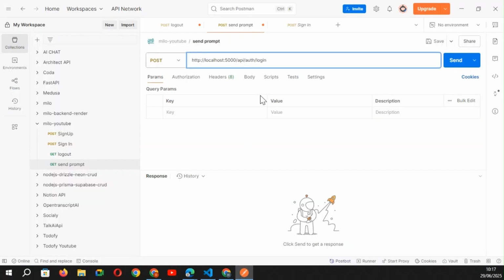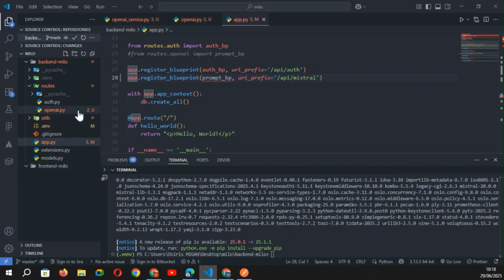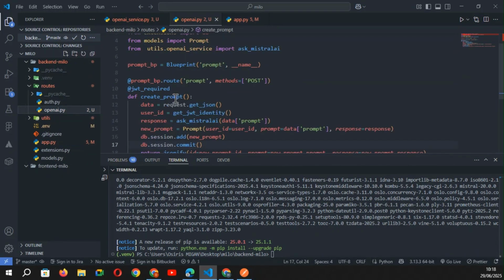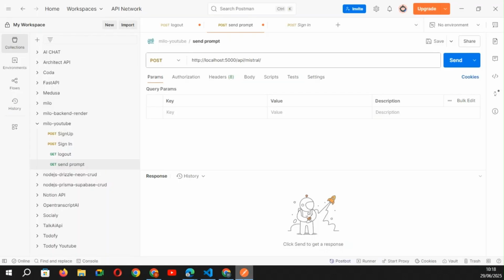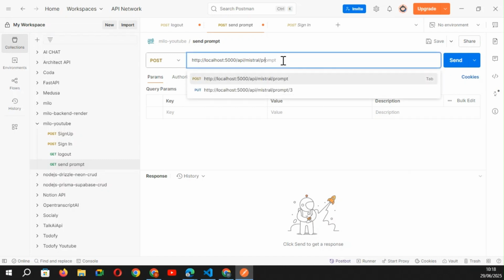So here it will be API Mistral, and then I define here a root prompt. So I can complete prompt, API Mistral prompt. Okay,